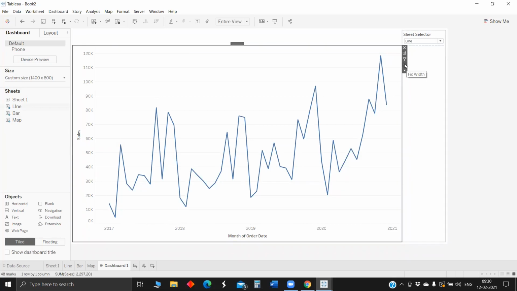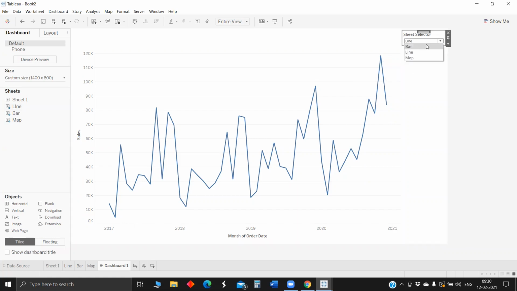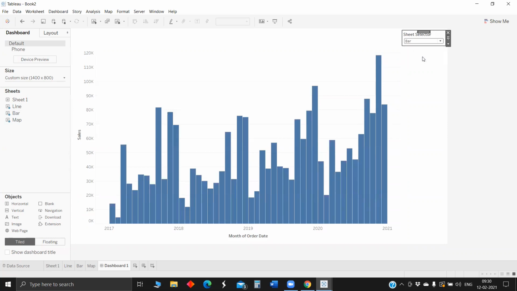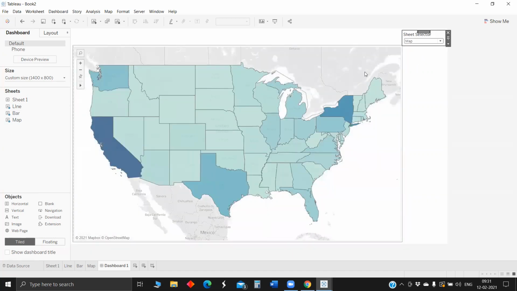And second thing, there is an option like fixed width. Once you fix the width for all other 3, a similar sort of thing which you saw earlier would happen. So to avoid that, please ensure these 2 things are done. Make sure the visualization width is not fixed and the distribute contents evenly feature is disabled. Now if we select bar, we get bar. If you select map, we'll get map. So this is not our agenda.